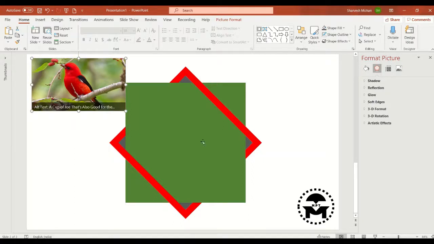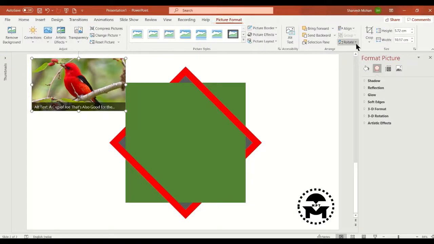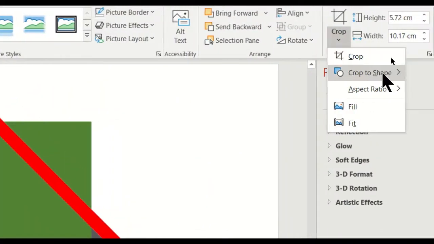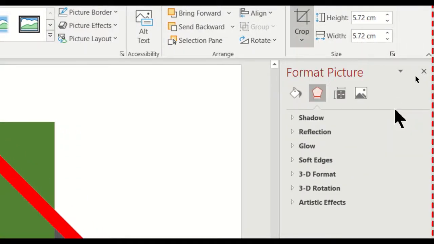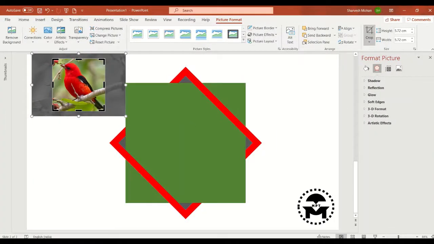So let's click on this picture format, click on crop, aspect ratio, and select 1:1. So this is the area we're going to take. If required, we'll adjust.